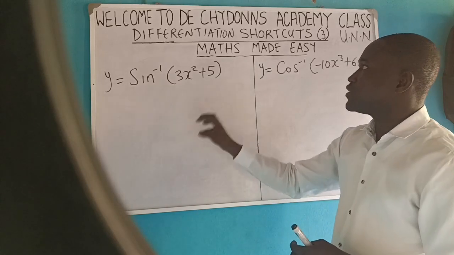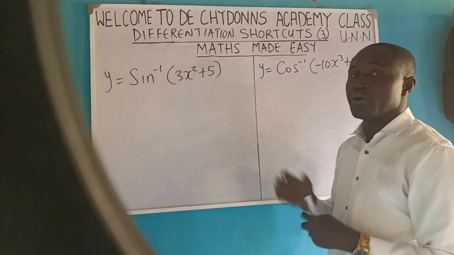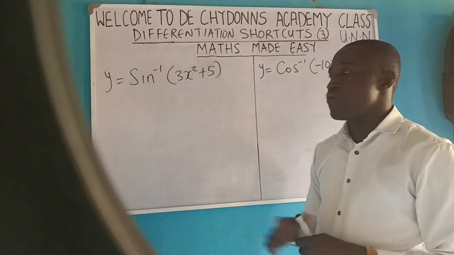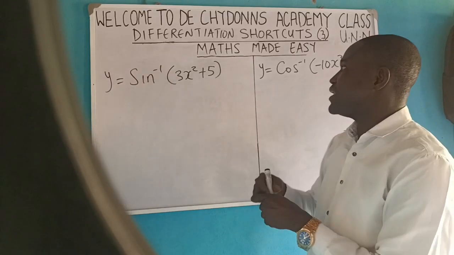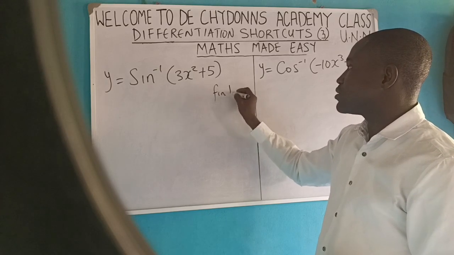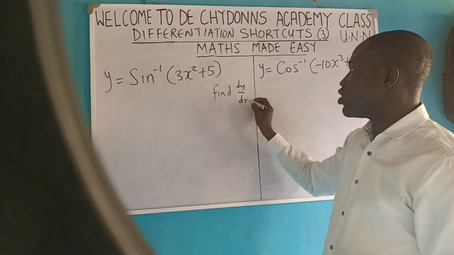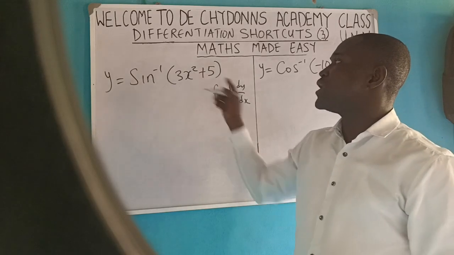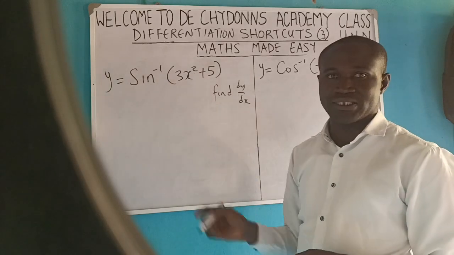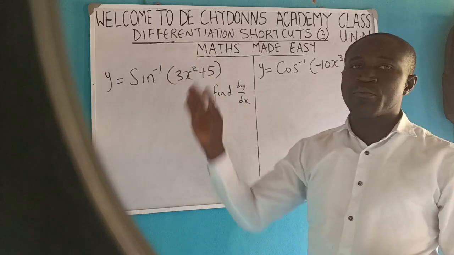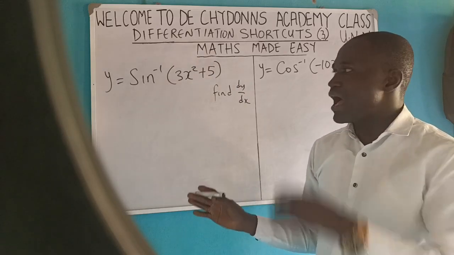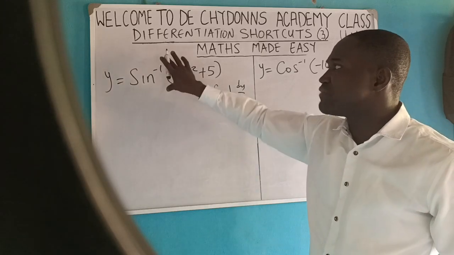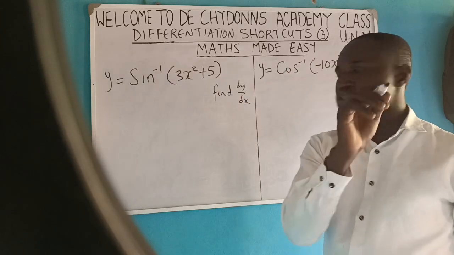Let's see how to solve this problem on differentiation on the board. Okay, this is a sine inverse function and we are asked to find dy/dx of this function. Are you getting it? So what you do here is you say this is sine inverse. Instead of following protocols to solve it, differentiating line by line, step by step,